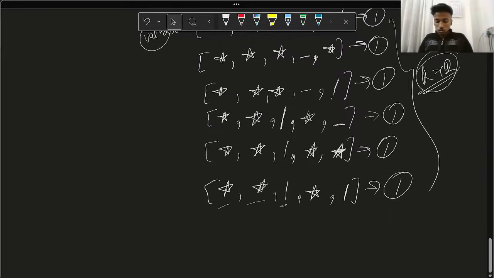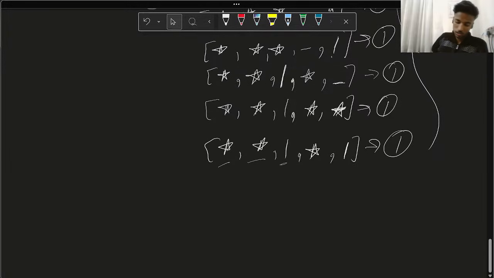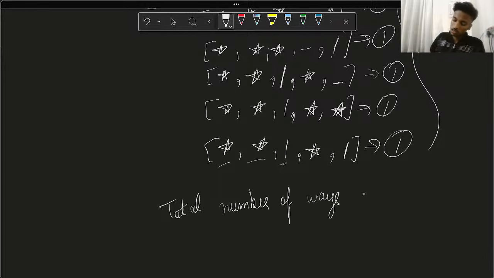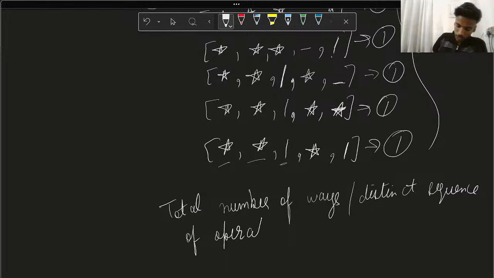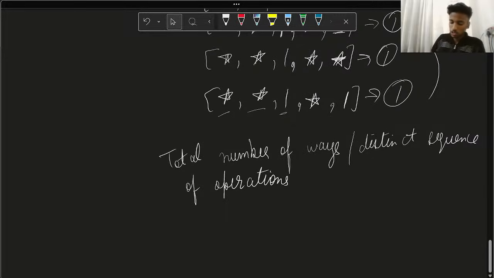So this is what you want to calculate: the total number of ways, or I would say distinct sequences of operations, you want to do